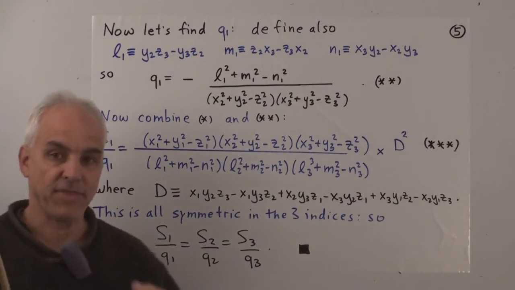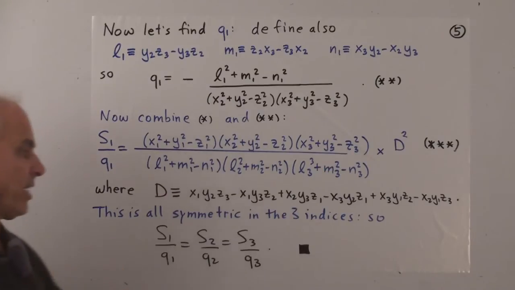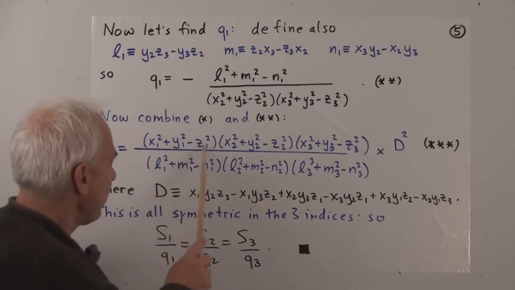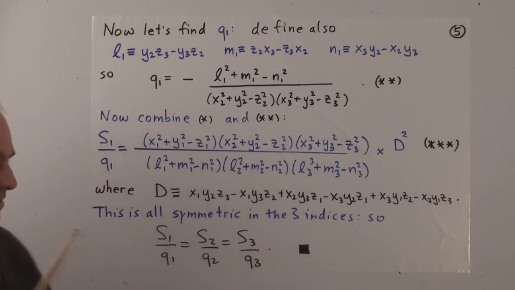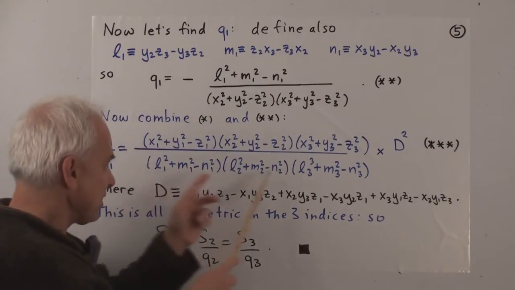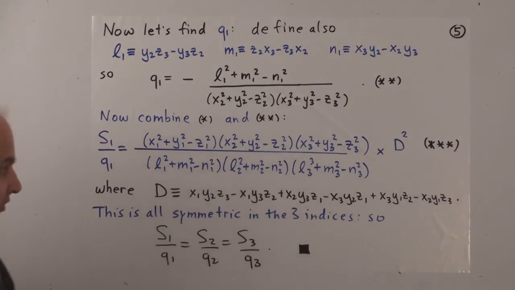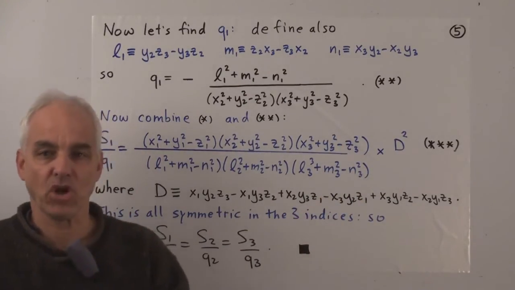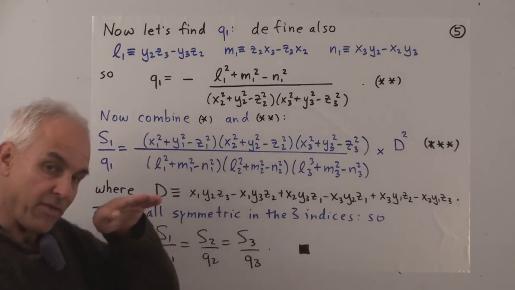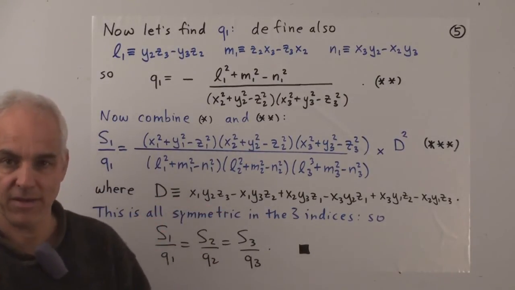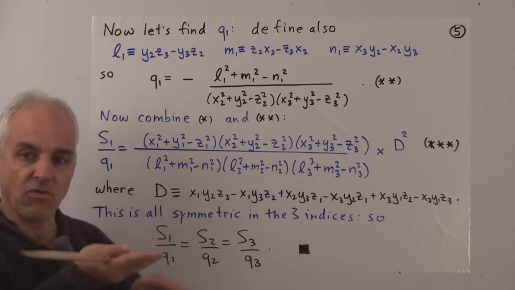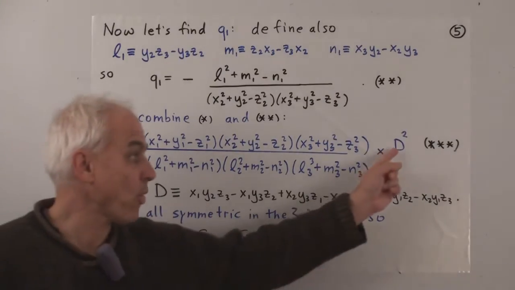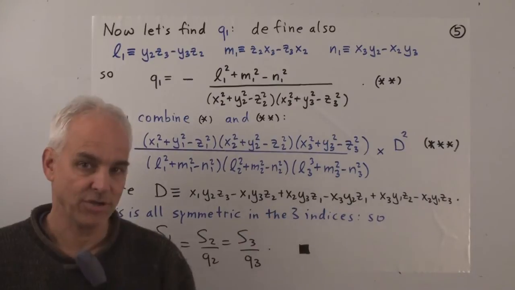And now we observe that this quantity is symmetric in the three indices. Why? Well, because here, here, and here, these three terms are obviously symmetric if we interchange indices. These three terms are obviously symmetric if we interchange indices. And what about d squared? Well, that's the square of the determinant of the matrix that you get by putting the rows A1, A2, and A3 in. Now, if you interchange any two rows in a determinant, the determinant changes by -1. And its square does then not change.